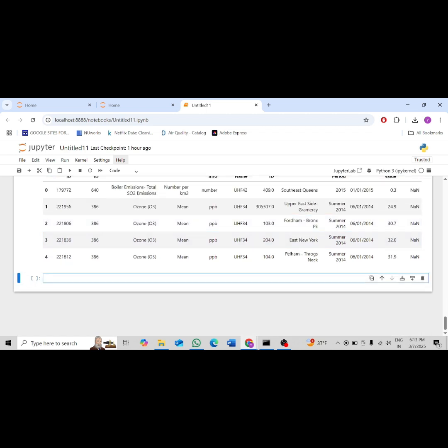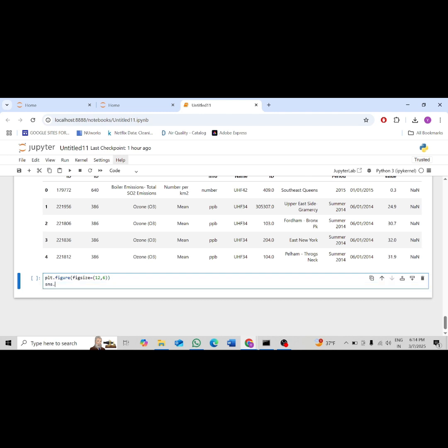After that we need to create a line chart for air pollution trends. To understand how air pollution levels have changed over time, we will use the line chart. This will allow us to visualize trends in air quality over different years and locations. For that you need to write plt.figure, figure size is equal to 12 and 6, because we want the figure wide. sns.lineplot